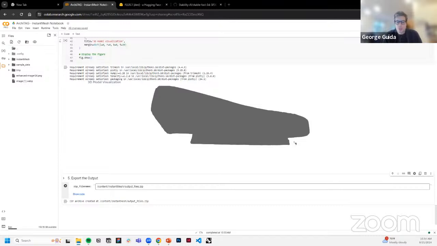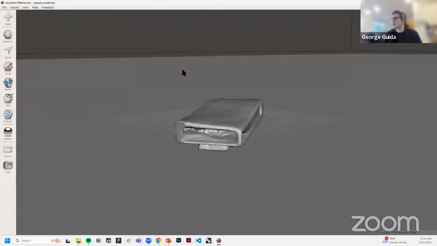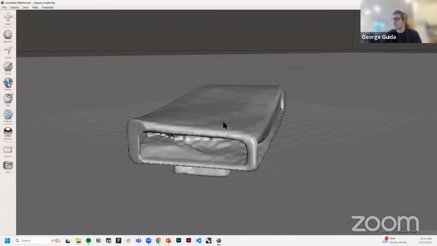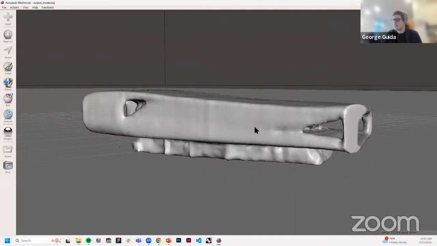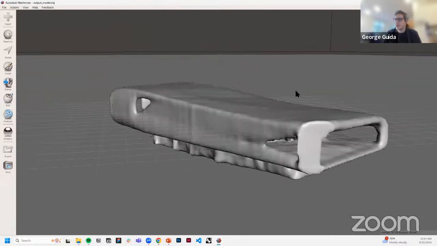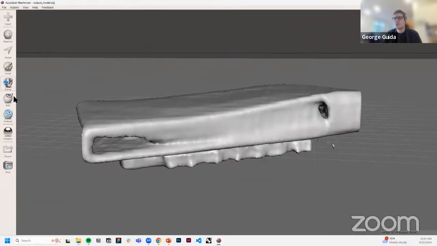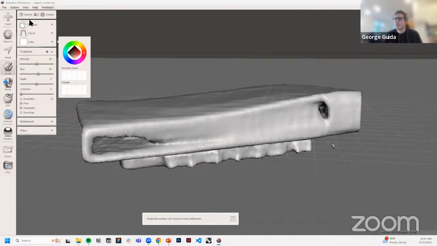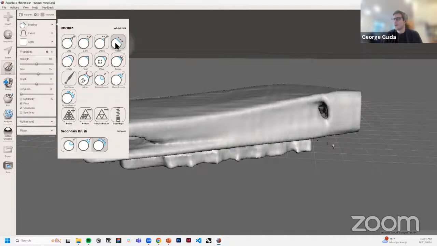Because these are meshes, sometimes they're not as Rhino friendly. So I do encourage students to use tools, for example, Meshmixer. It's been discontinued, but they still make everything accessible online. It's a very simple tool to use to smoothen geometry. It's kind of that sculpting approach that you might have from Blender, but even easier. So there are things like flatten. There are a lot of brushes out there.